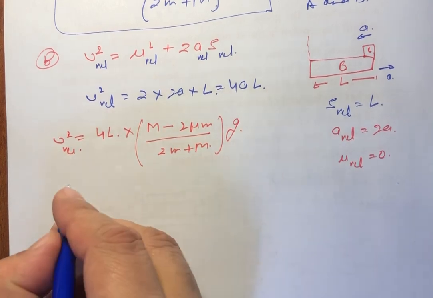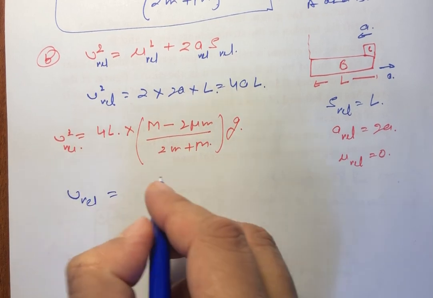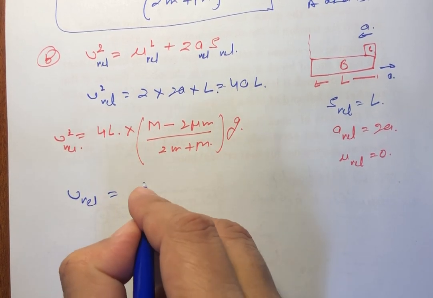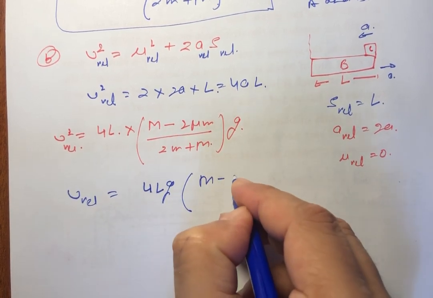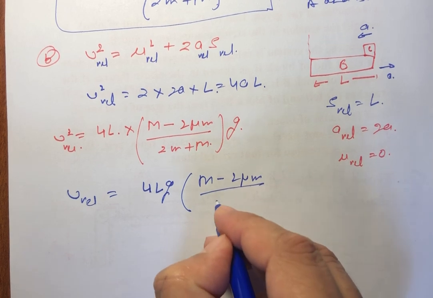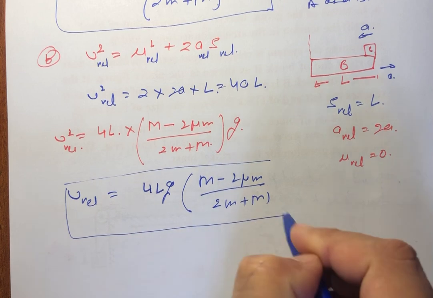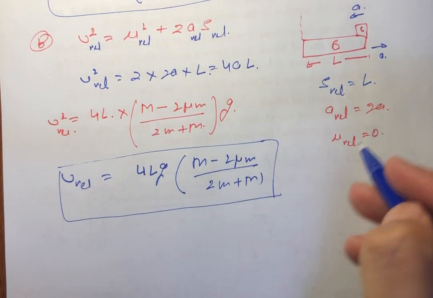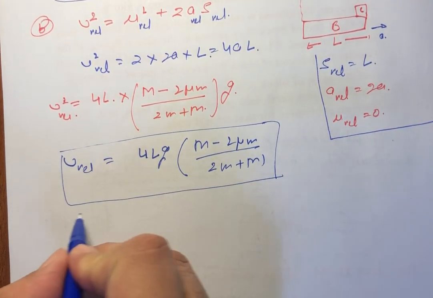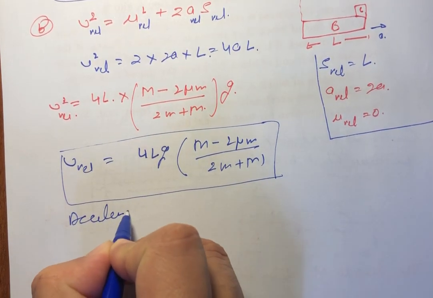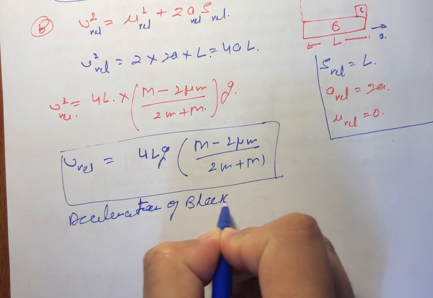So taking the square root, we get v is equal to square root of 4Lg multiplied by m minus 2 mu m divided by 2m plus capital M. So this will be the velocity of block C